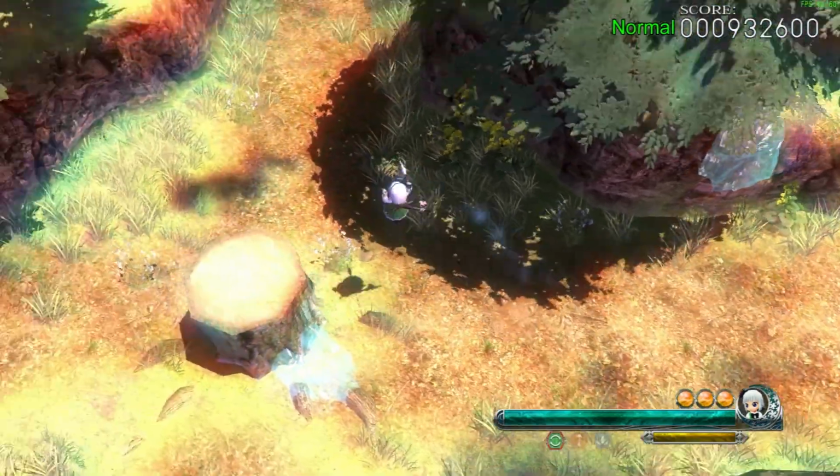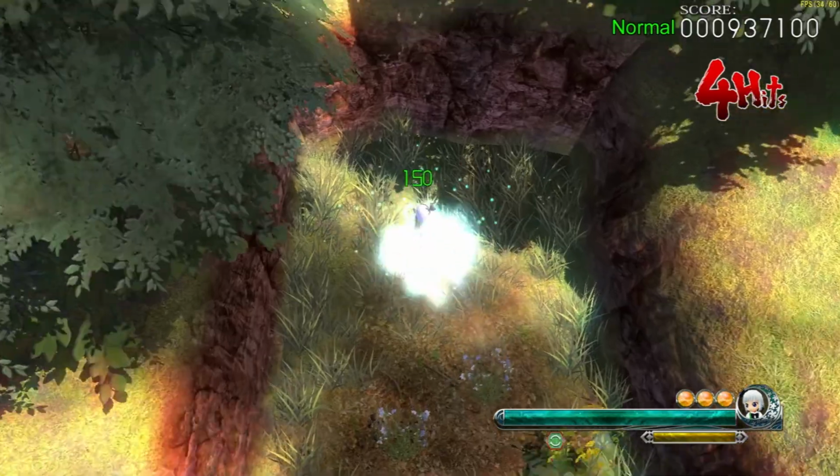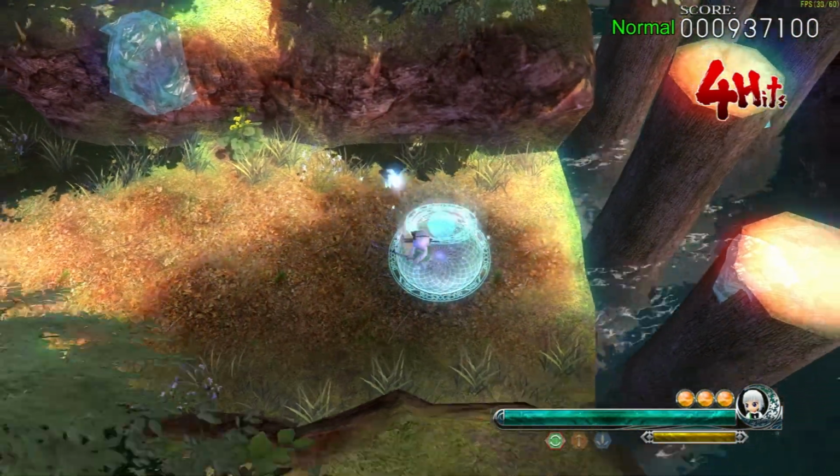Alright, that's a checkpoint. That's a little platforming area, but we're going to get to that in a bit. Let me just take down this fairy first. Break that pot. No real need to, though, but...